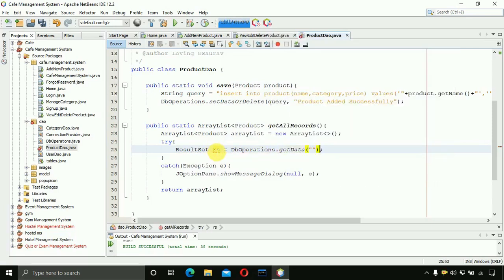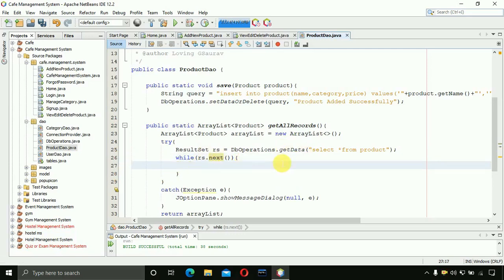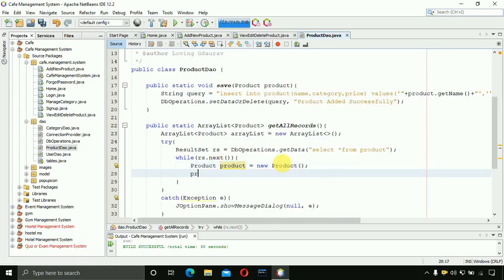So here we have to write select star from product, and here we have to write while rs.next, and here we have to create the object of the product table, product name, new product, and after that we have to set the product details, so product.setId, and here we have to write